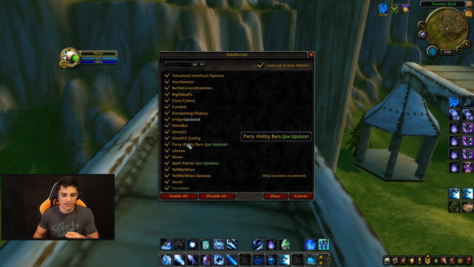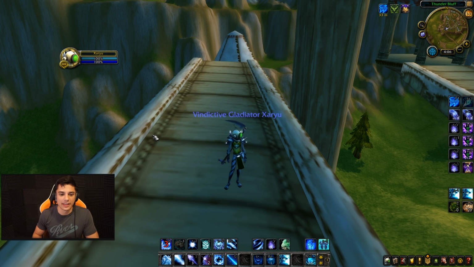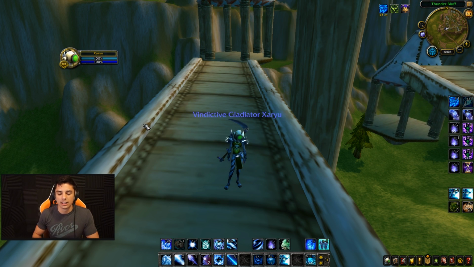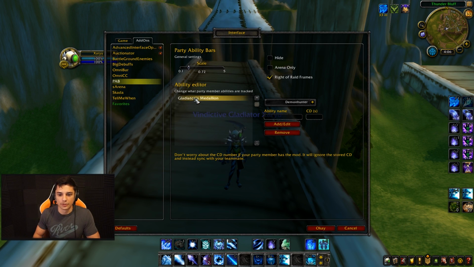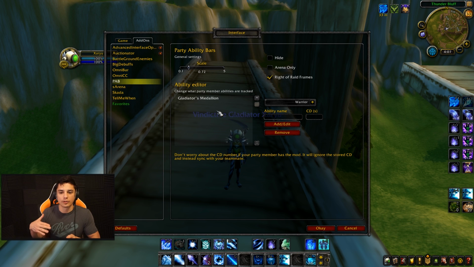Party ability bars. A lot of questions about this add-on. Party ability bars is the add-on that right next to my party frames. I'm not in a party right now, but it shows my teammates' cooldowns. This is how it works, /PAB. Right now, I actually decided to change it so it just shows trinkets for all classes. All right, so it's basically a trinket tracker for everyone in my party, so I can see if my teammates